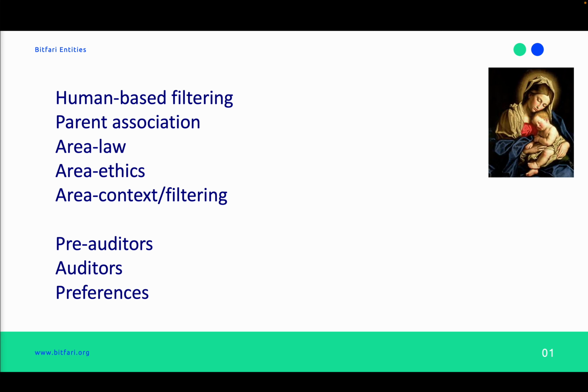An area is just a province or a country province. Ethics can change, so you can enforce different ethics. Filtering, context, language, all of that, it's stored in Bifari in an area-based fashion.